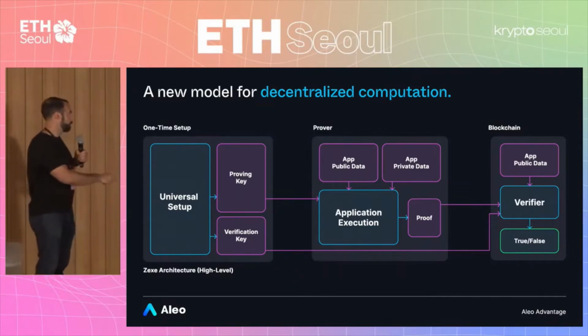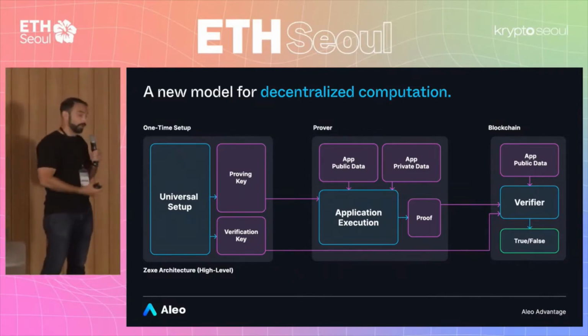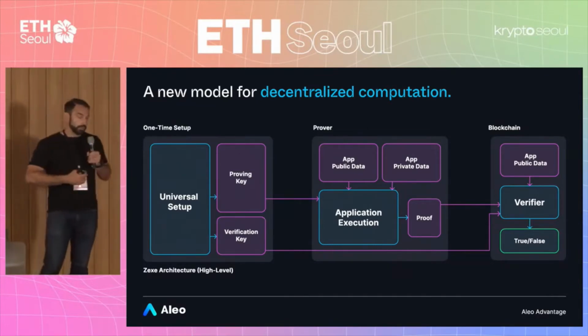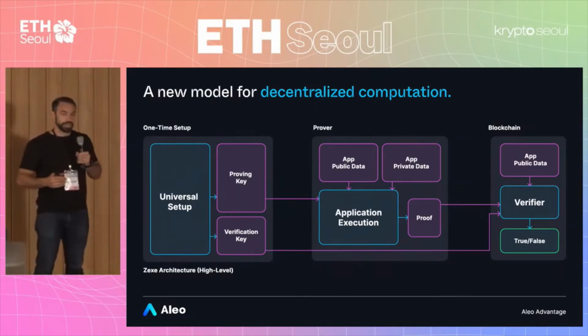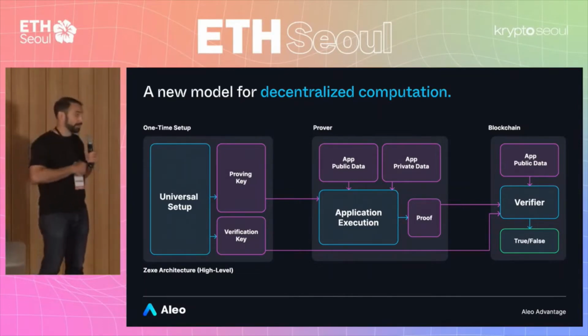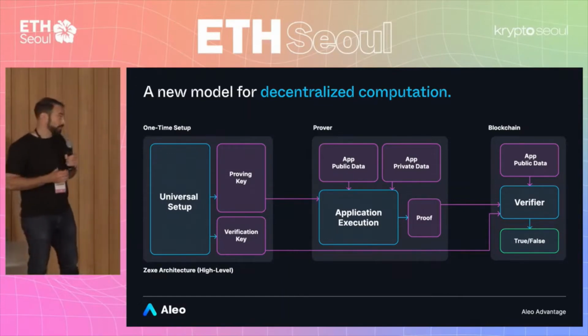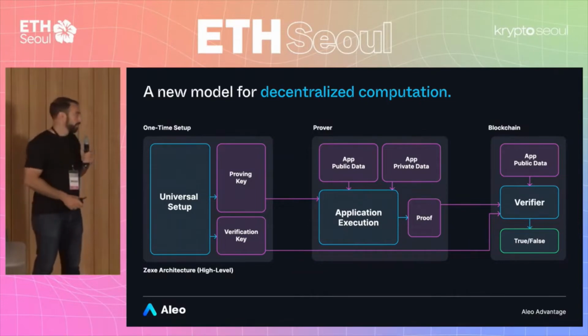So just quickly, how this works is you do a one-time setup of the system in the beginning, you generate all the parameters you need to prove and verify, and then you have a prover, and we'll talk about the different parties in the system in more detail over the following slides. The prover takes some public state, some private state, a user signature, generates a proof, and then submits that proof to the chain, and you have a separate party, the validators or verifiers on chain. They verify it once and then update state as a result.